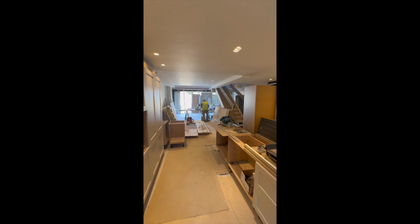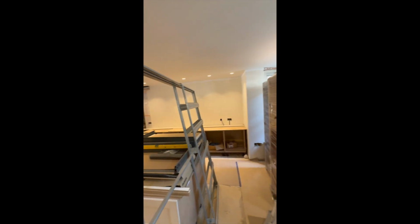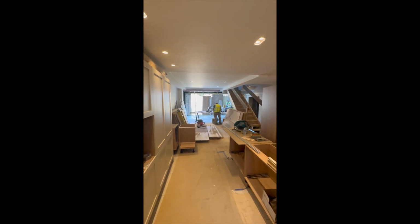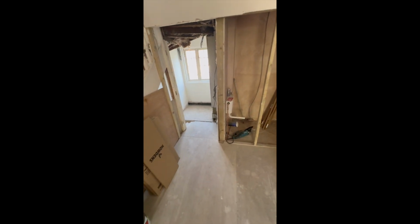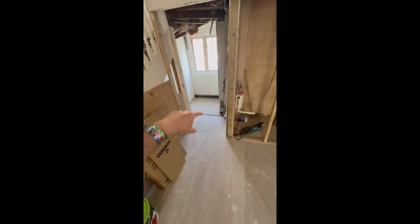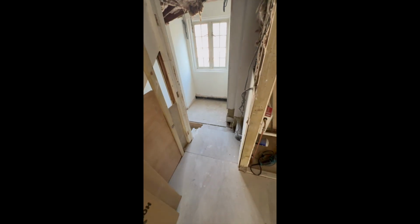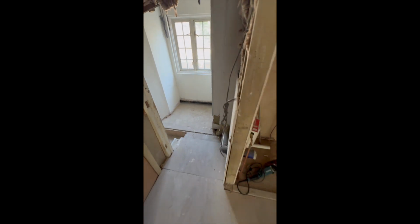This had previously been partitioned into many different rooms, and we now have a completely open plan space with stairs coming down. So this was quite a clever step here. In this section here, we did have a previous loo, but what we've tried to do is create more space and more light going down to the lower ground floor by creating that as a landing or a lobby, and